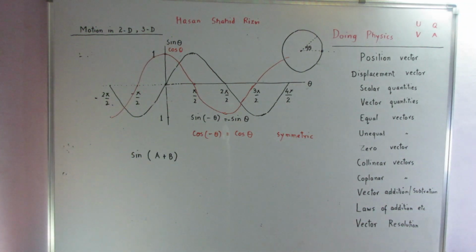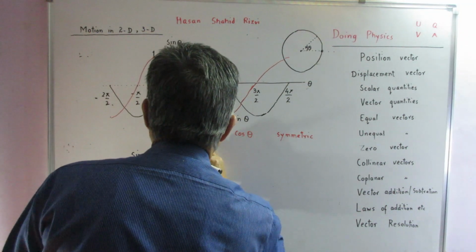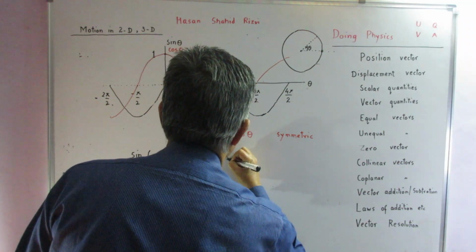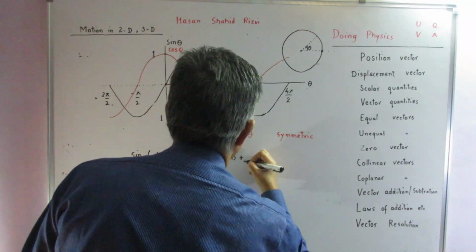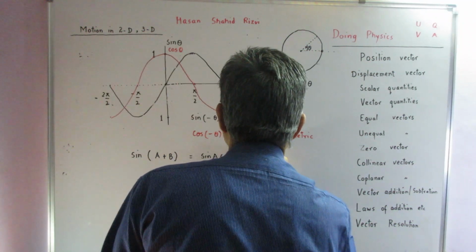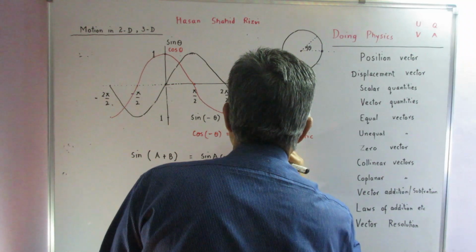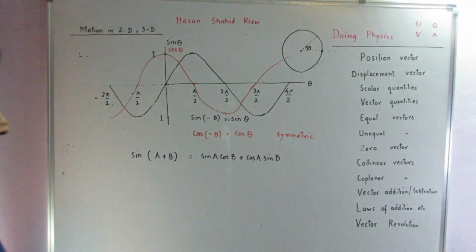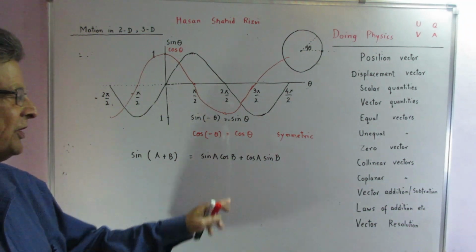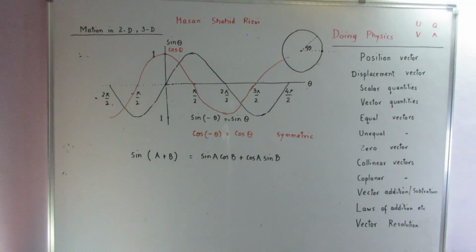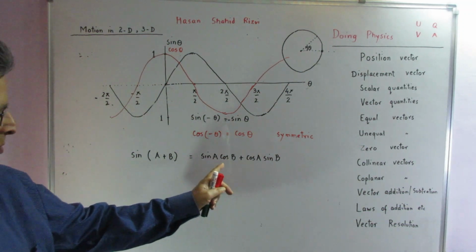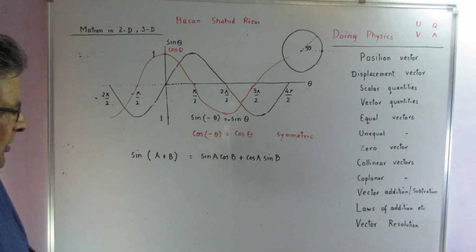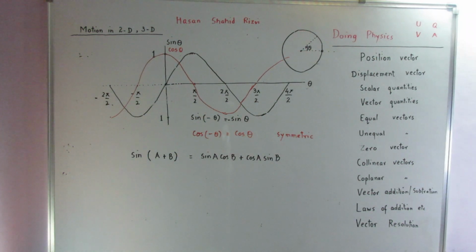This we expand as sine A cos B plus cos A sine B. When I was a young boy, we used to call it sine A cos B plus sine B cos A. So anyway, it doesn't matter at all. So we can see that